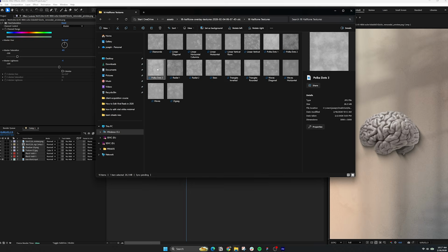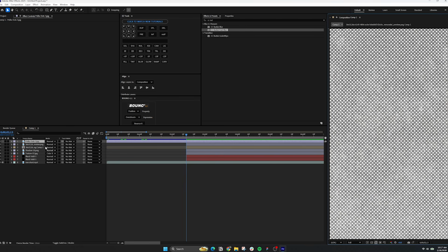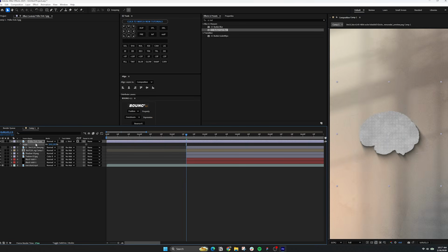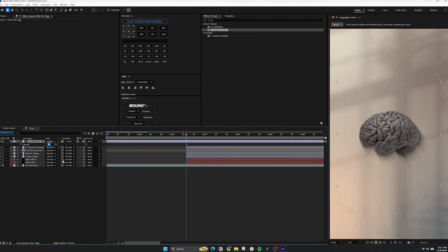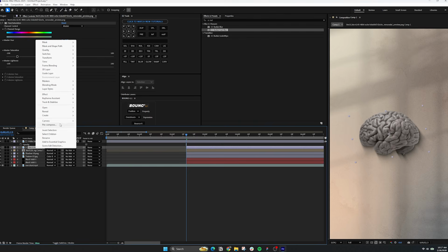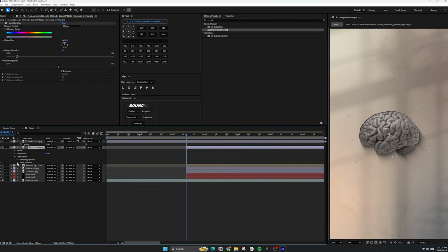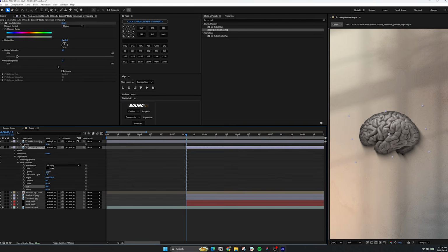Now to texture the brain, I dragged a halftone texture into the composition. Scaled it like so. Using this pick whip, I track matted it to our brain and set the blending mode to multiply and the opacity to 50%. Right click on the brain layer, go to layer styles and add an inner shadow. Expand the tab and increase the size and drop down the opacity to 55% to add more shadow to the